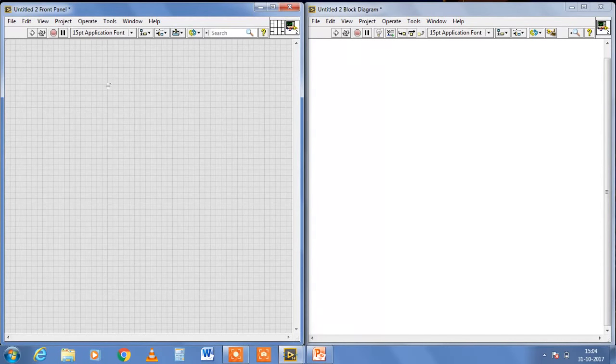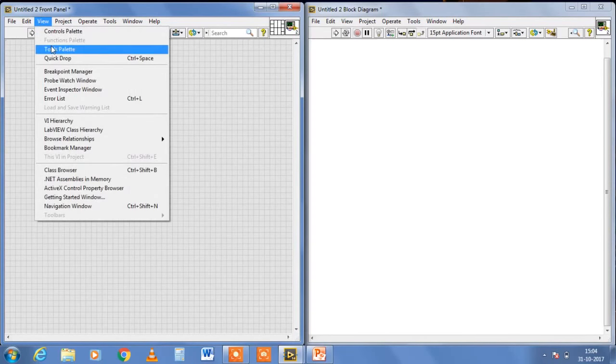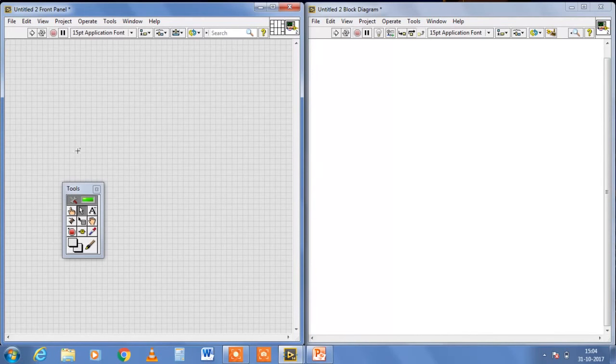To activate the tool palette you can click on View, after that go to Tool Palette, and the tool palette is helpful to customize the objects of your VI. If you want to change the name of your objects, you can do that. If you move the objects, if you connect two blocks, and if you change the wire of those two blocks, you can do that through the tool palette.